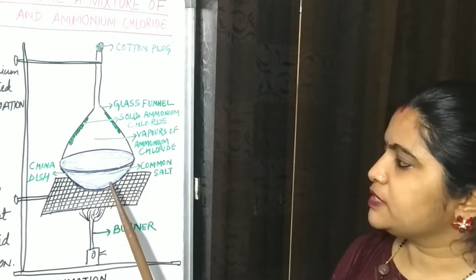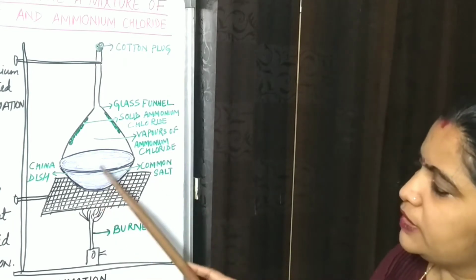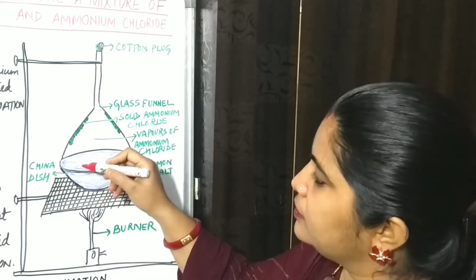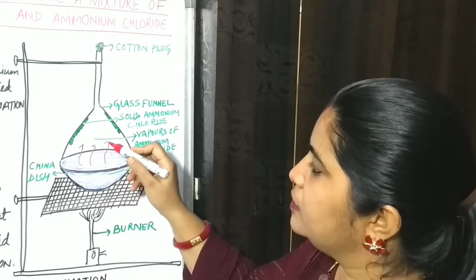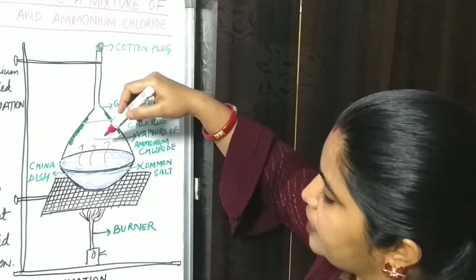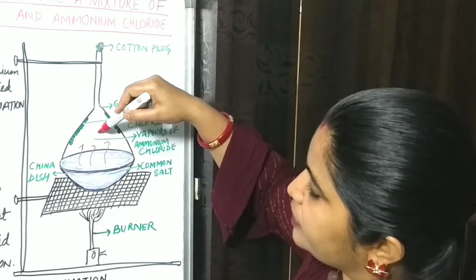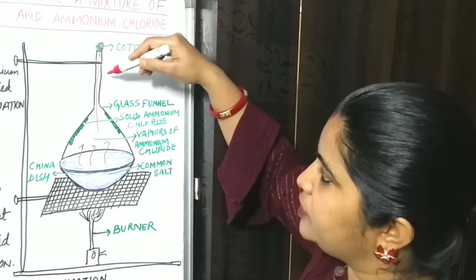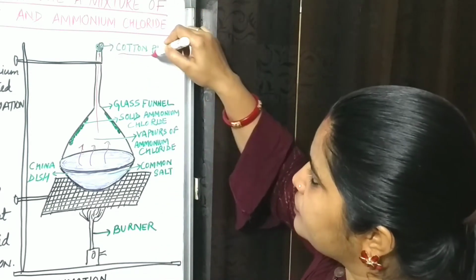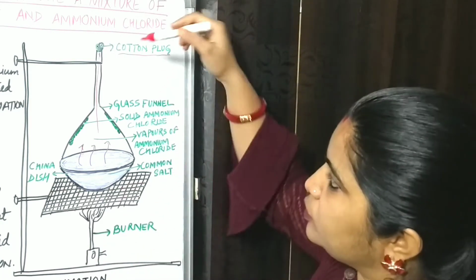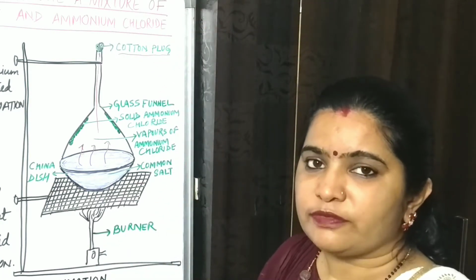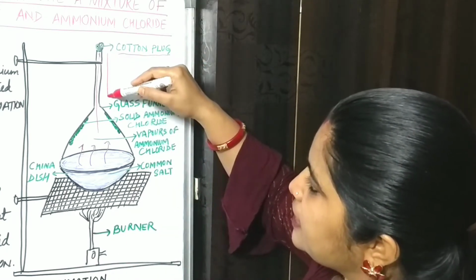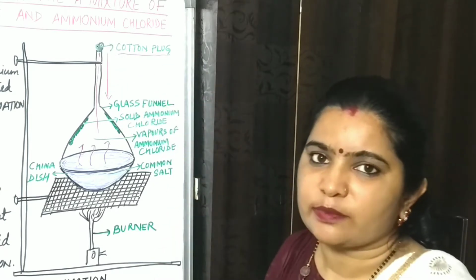Okay, so after some time what will happen? When the mixture gets heated up, there will be evolution of vapors here. Vapors will evolve, so evaporation starts. When it starts, the vapors will go to the higher level of this funnel, but I have plugged it with a cotton plug. Do you know what the opposite of evaporation is? Condensation. Very good. So simultaneously condensation also starts to take place.